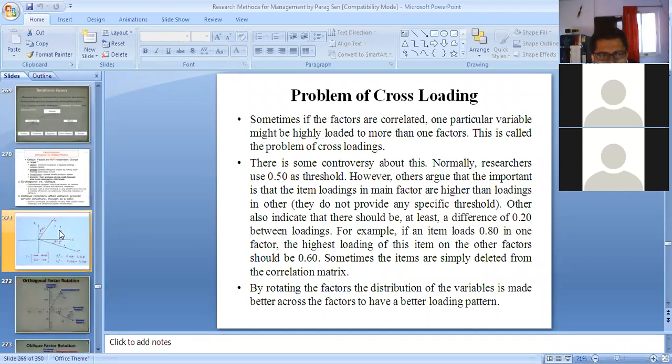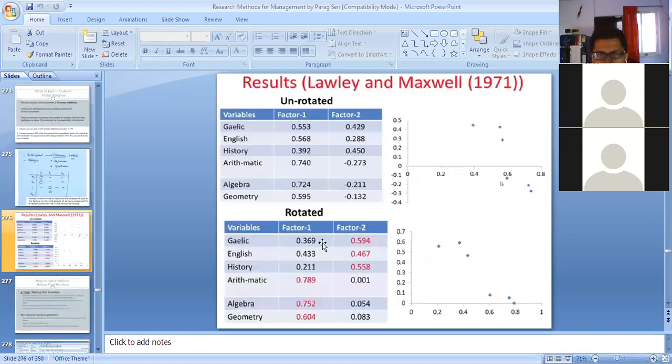So what we do is rotate our factors so that the scores are obtained in such a way that they are very highly loaded onto a particular factor and very weakly loaded onto the other factors in most of the cases.